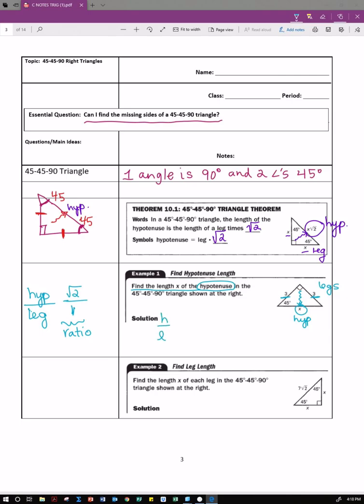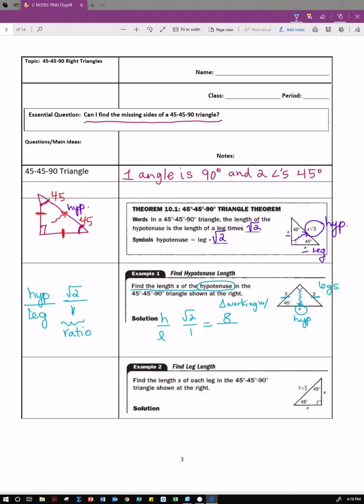Hypotenuse to leg, square root of 2 over 1 equals, okay, so I got my ratio of my hypotenuse to leg. Now I'm going to set up a proportion. That means I need hypotenuse on top. This is going to be the triangle that we're working with. And the hypotenuse is